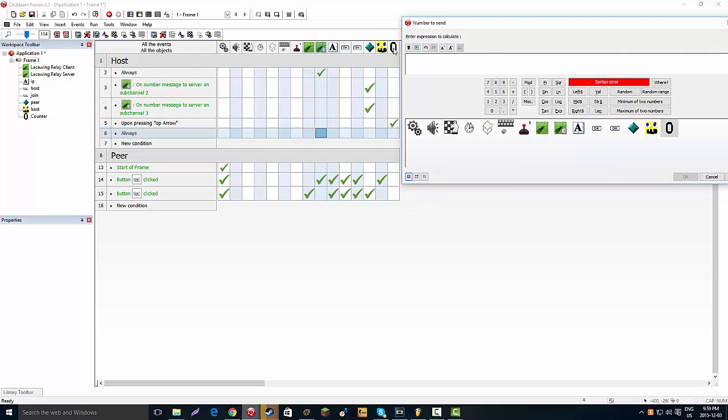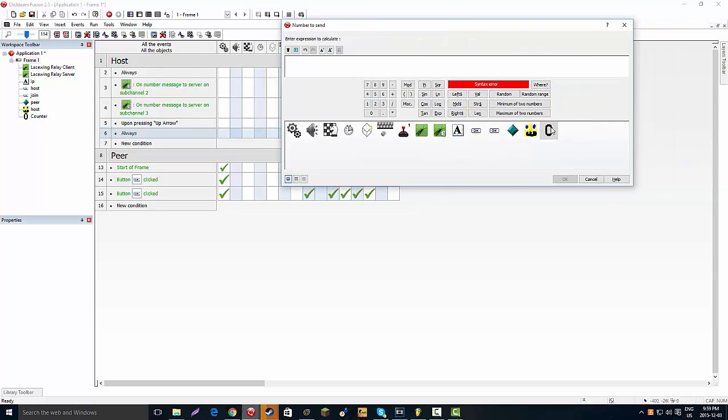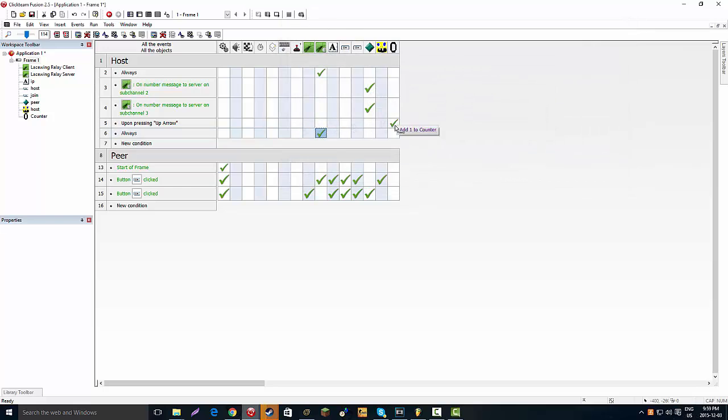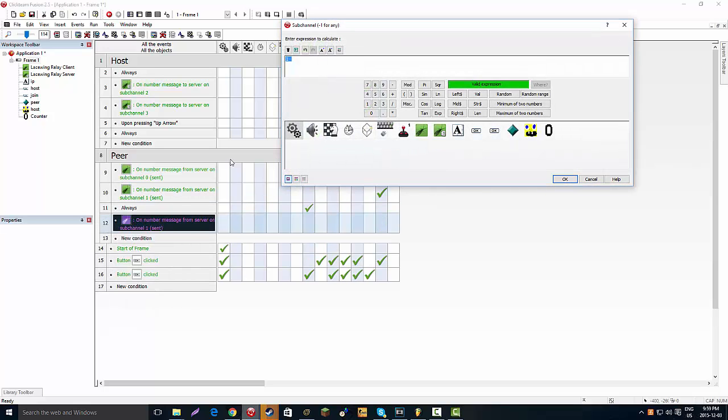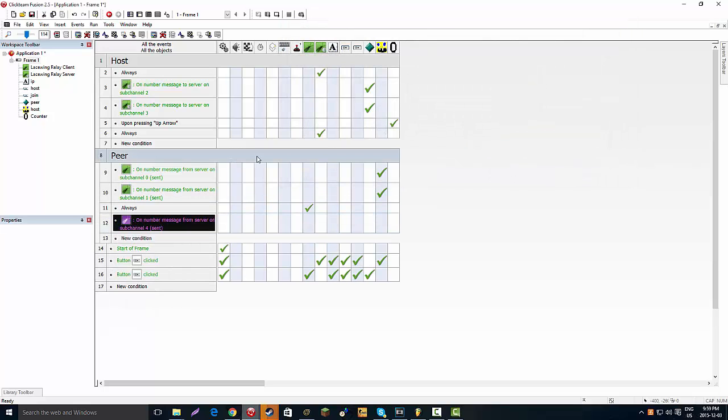It's going to keep on adding numbers to the counter. The host will always send its current value to the peer on subchannel 4. Now if we go under here, I'm going to duplicate that, and then on subchannel 4,